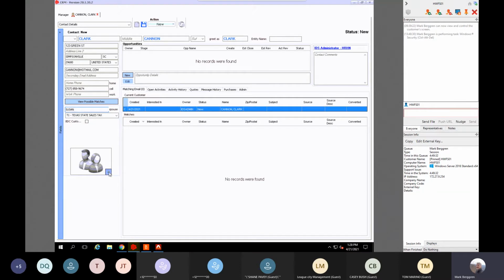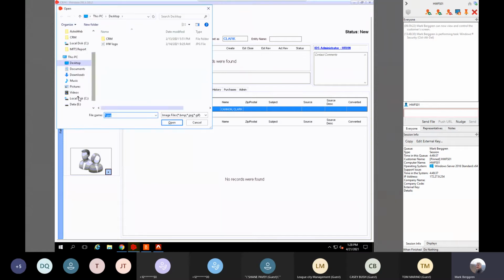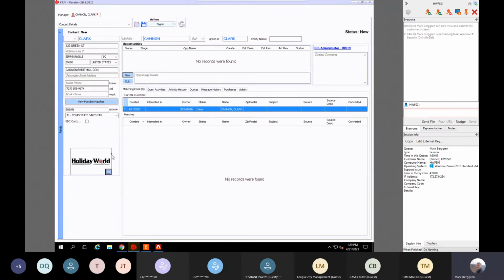Then when you come in, take your phone, attach it to your computer, hit the plus sign, navigate to wherever your pictures are at. And I don't have any pictures. Surely I have some pictures on my computer. Oh, well, I have no pictures on my computer. So let me grab a, oh, there you go. So this is obviously not a customer's picture, it's a logo, but it will serve my purpose. So that picture would be sitting right down there for you to remember what the customers look like,